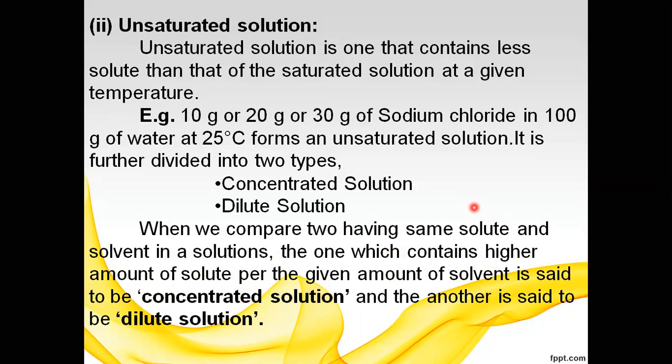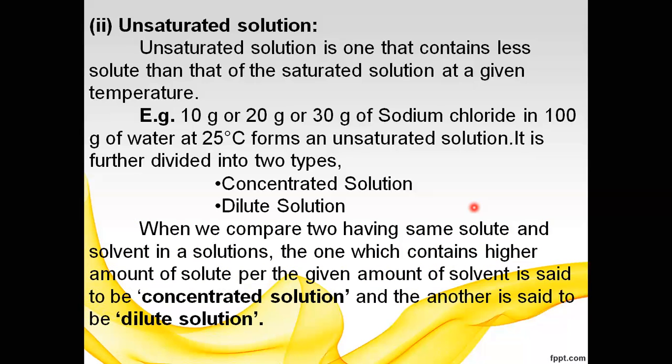Okay, first one is 100 ml of water. ரெண்டுத்துலயே 100 ml of water எடுத்துக்கணும், ஓகேவா? 100 ml of waterல salt மிக்ஸ் பண்றோம். First one 30 gram of salt, the second one is 50 gram of salt. So the 50 gram of salt solution is called a concentrated solution and the 30 gram of salt solution is called a dilute solution,